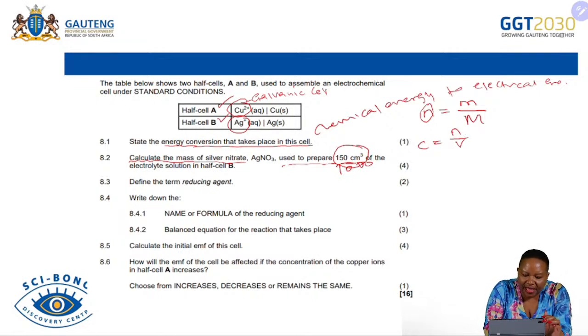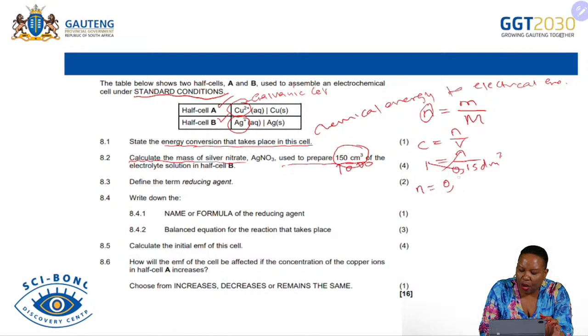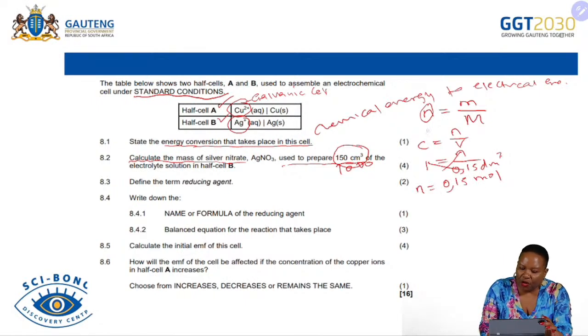Remember, the cell operates at standard condition. Already the examiner is giving us the concentration of this cell. What is the concentration? Obviously, the concentration will be 1, which equals n, and then the volume divided by 1,000 is going to be 0.15 cubic decimeter, if I'm correct. Therefore, our n is going to be 0.15 mole. Then after finding the number of moles, we can say the number of moles is going to be